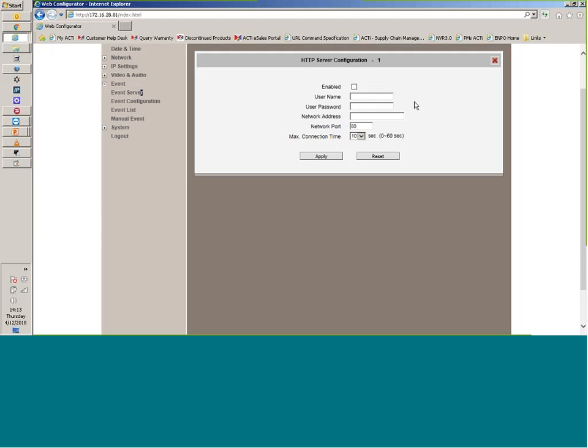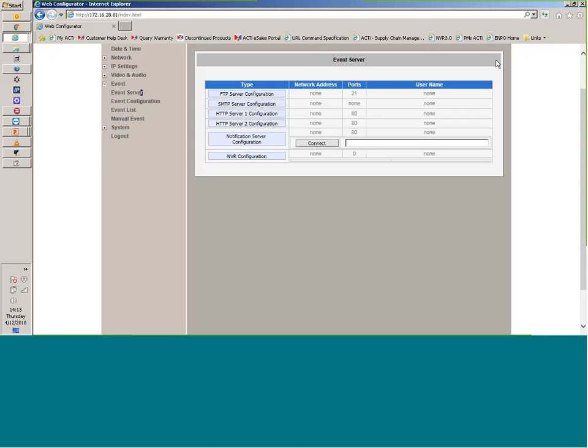enable conversation between different cameras. Let's say you have several bullets and you have a PTZ. In this case, the bullet can talk with the PTZ when an event happens. When something is moving, it can send information to the PTZ to move and focus on that area. In this case, you are going to use these two options of the server. Now, the notification server is a little bit more complex and is related to projects,